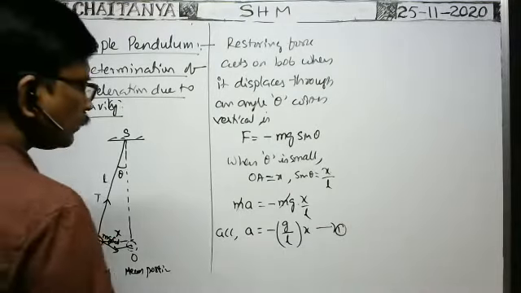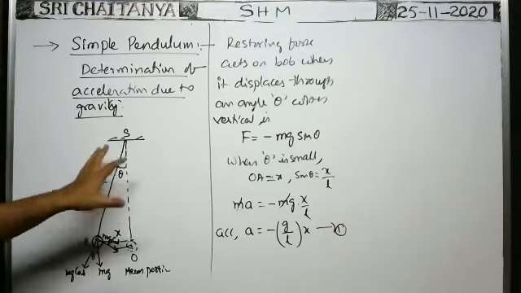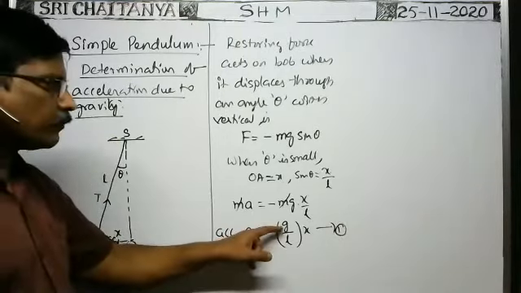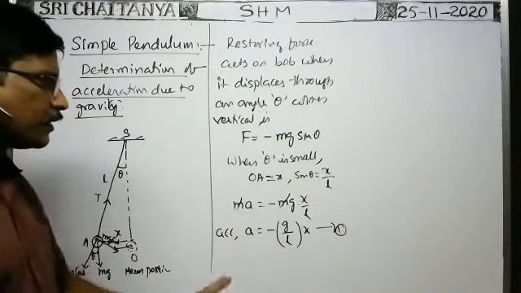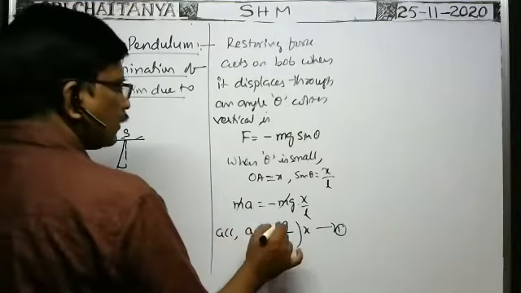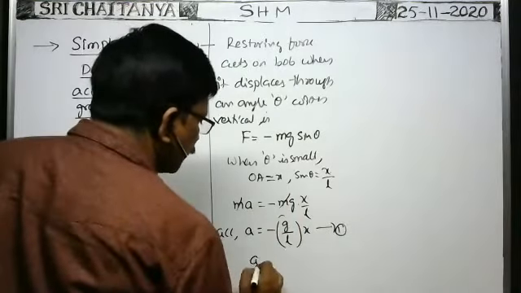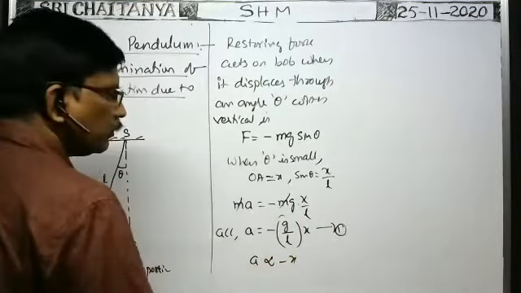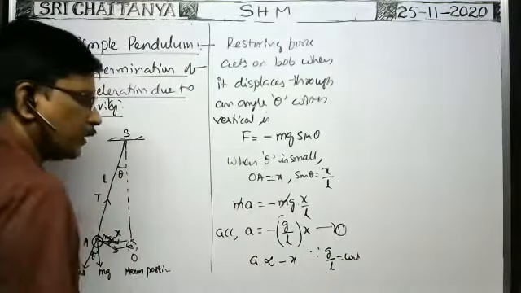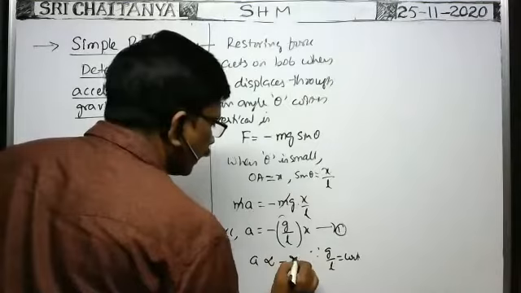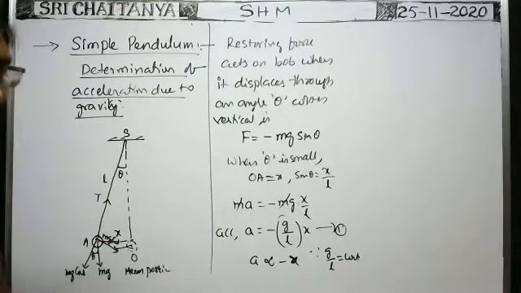Now from this you see, at a given place where this simple pendulum experiment is done, g is constant. Once the simple pendulum is constructed, the length of the pendulum does not change, so L is constant. Therefore a is equal to minus g by L, which is some constant, into x. That means a is proportional to minus x, since g by L is constant, or g and L are constant. So this is the required condition for the bob, or for any body, to execute simple harmonic oscillations.